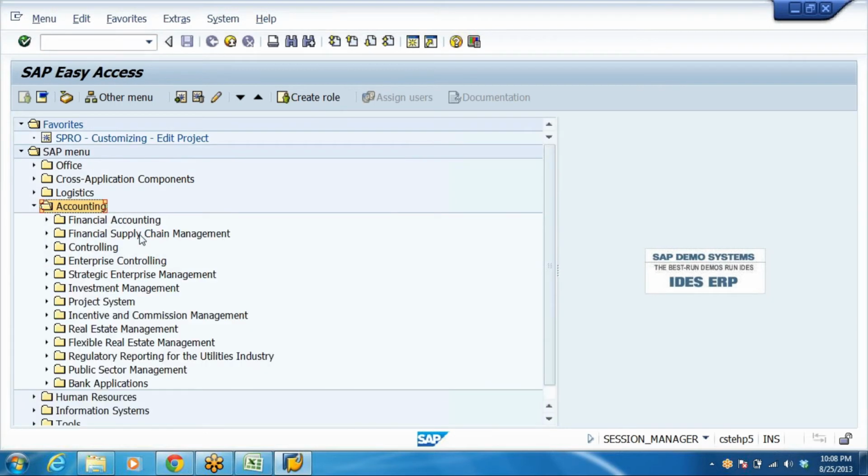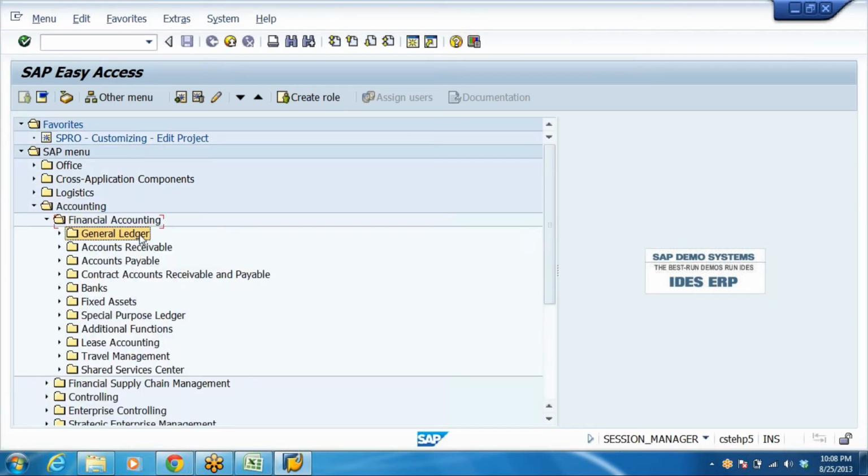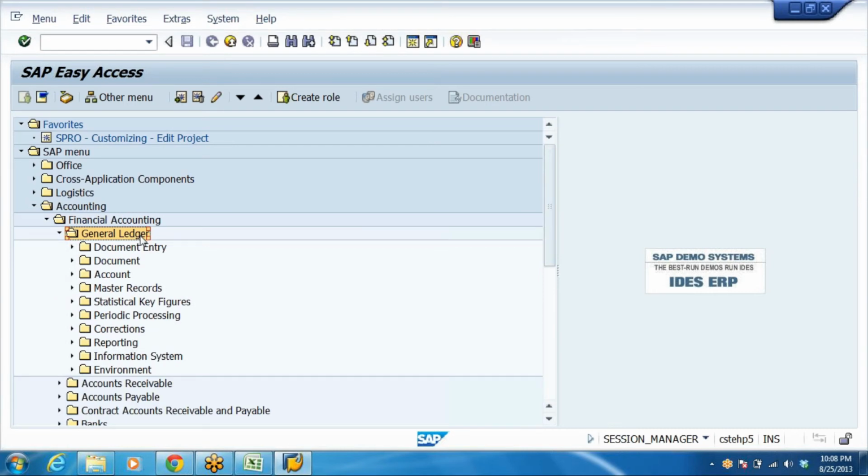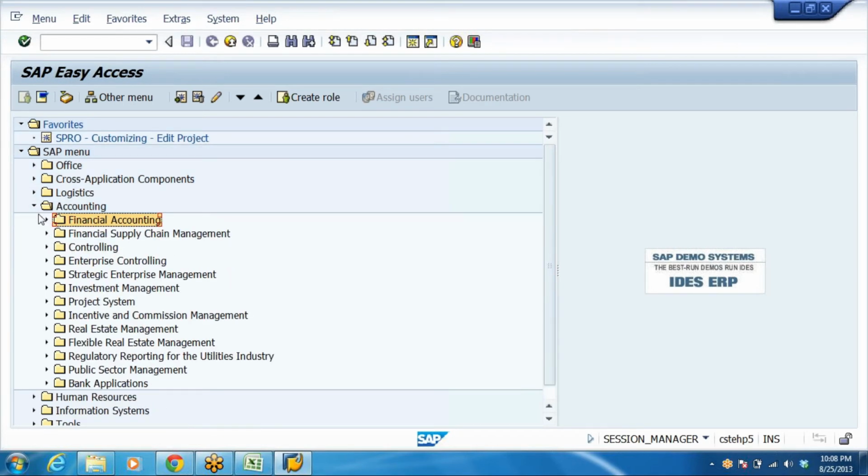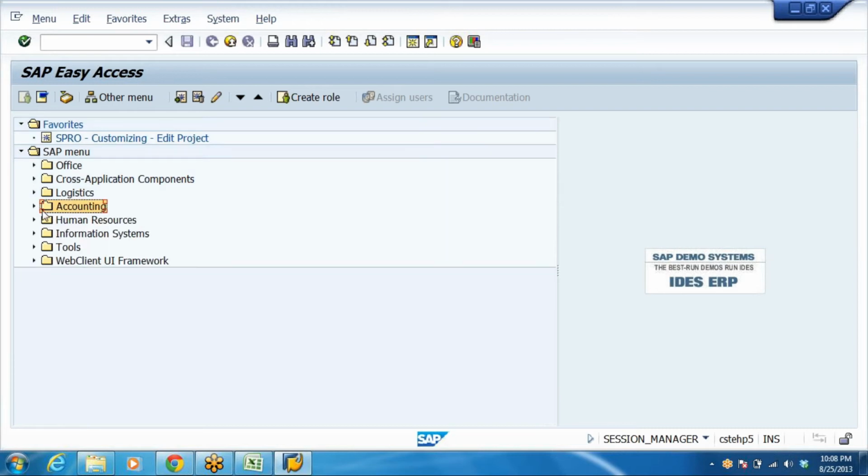Here you can drill down: financial accounting, general ledger, like this. If you drill down everything, it might go almost a kilometer down, that much length. Anyhow, as a consultant, first of all we are going to configure in